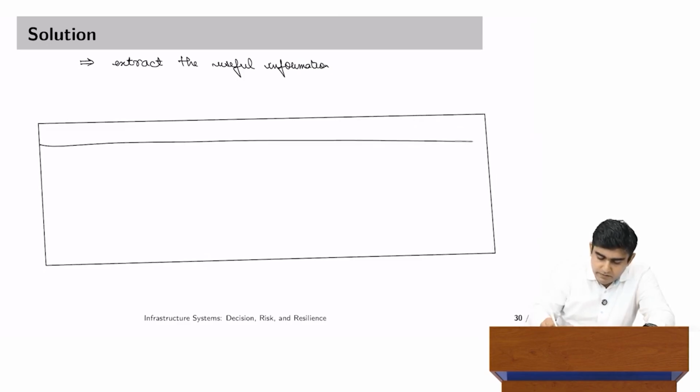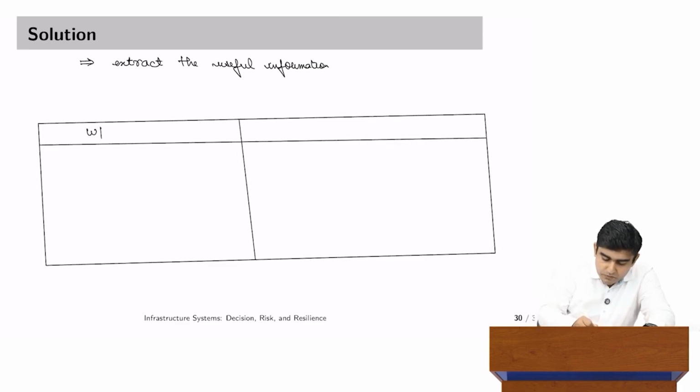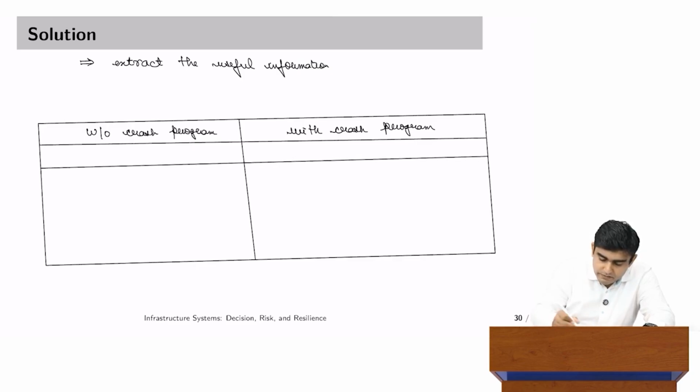On one side, I am going to write without crash program, and on another side, I am going to write numbers with crash program. So, without crash program, and here three possibilities are there: weather can be exceptionally good, weather can be normal,